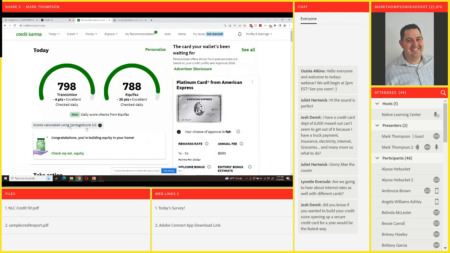And then you wonder, how does Credit Karma make its money? You can see over here on the right-hand side of the screen, where my little mouse is rolling around, they basically show you credit cards that you could apply for, right? American Express is paying Credit Karma to show me this card and says, hey, you could apply for this card, and this is probably something that you may get approved for. Although this is saying my chance for approval is fair. So I don't know if it's saying that I don't have good credit for this card. But that's essentially what Credit Karma does.